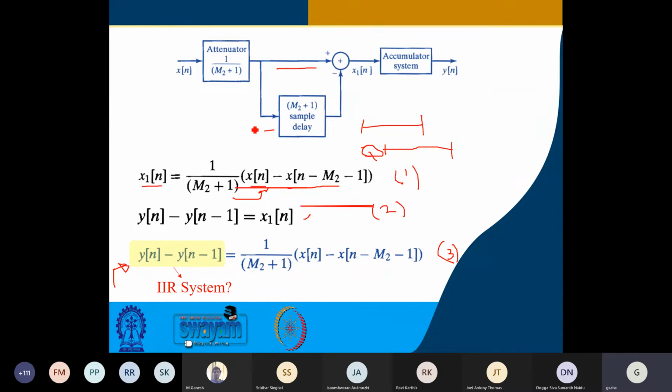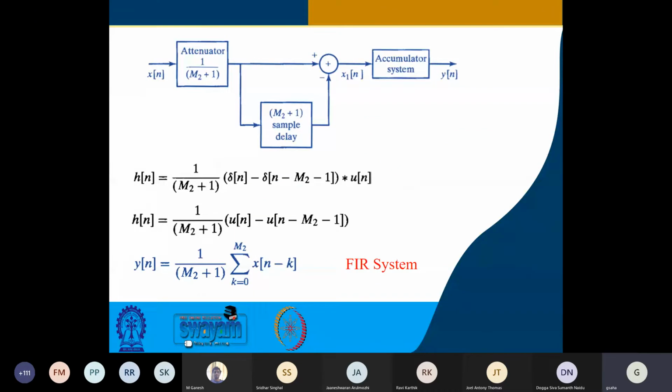But we need to be careful, as your other friend has correctly said, that if you expand it and go into details, you might see that it is not exactly an IIR system. It could be an FIR system as well. So let us see that part. Then we shall reconcile also, of course. So this is the other way of looking at it. This is the overall hn. This is h1n, this is h2n, and this is h3n. And of course, this is just a scaling factor, so we are considering it in this manner.